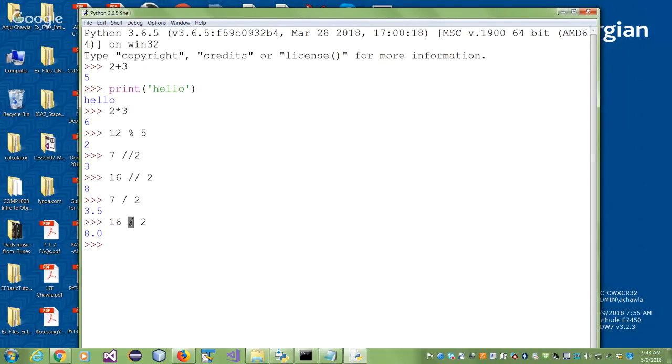Now, if I try to do something like this, I say 16.0, which now becomes a real number. 16.0 is a real number. And I try to divide it by 2. Let's use the double slash first. By 2.0. So I have both my operands, 16.0 and 2.0, both floats. But because I have used the double slash, it's just saying, oh, you gave me a float, I will give you a float as an answer. Then it just ignores it. Right? So you have to be a little careful of how it works.